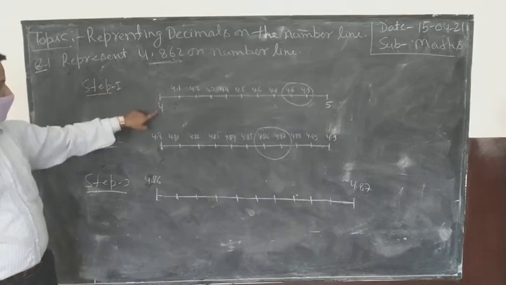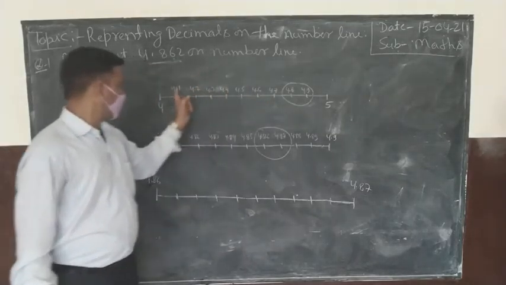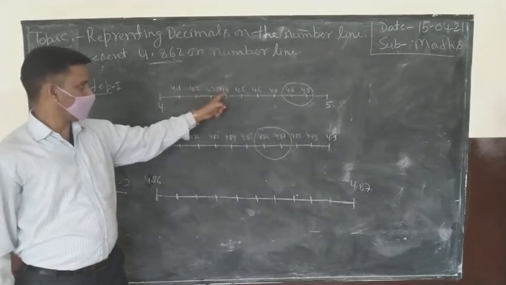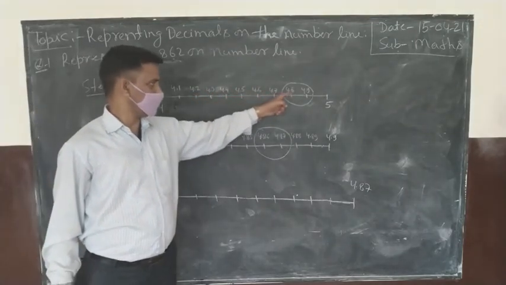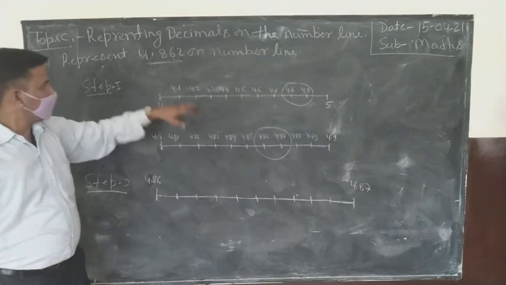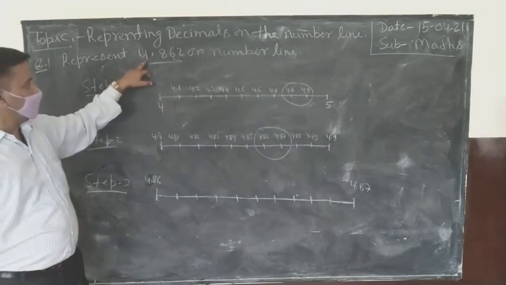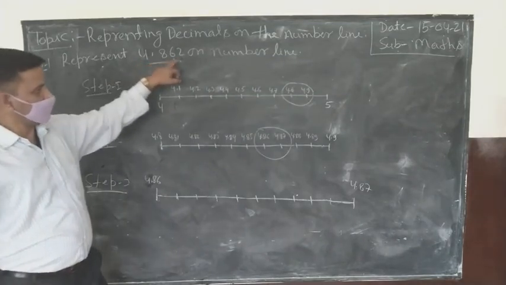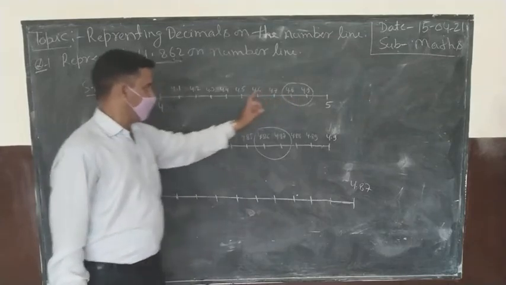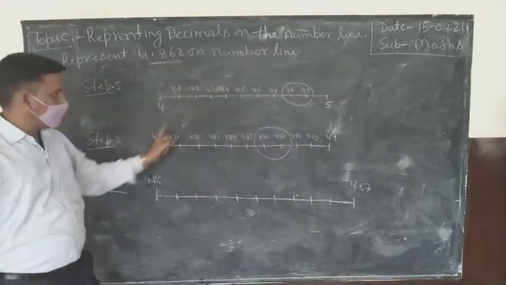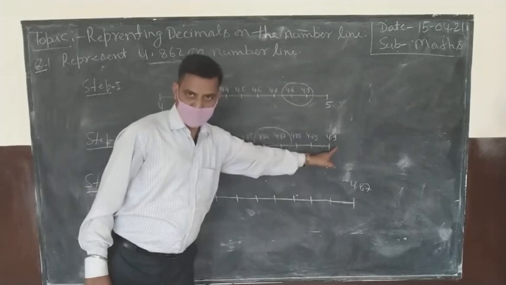First we write the 4 and last we write the 5. 4.1, 4.2, 4.3, 4.4, 4.5, 4.6, 4.7, 4.8. Then magnify here, where is your answer? You are going to measure the answer 4.8. This is your 4.8 and 4.9. 4.8 you will write on the left side and 4.9 you will write on the right side.